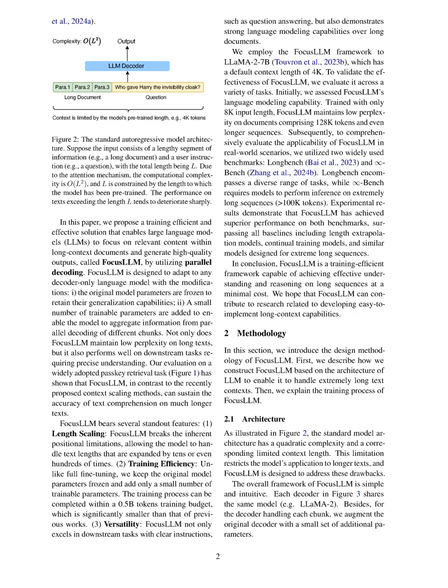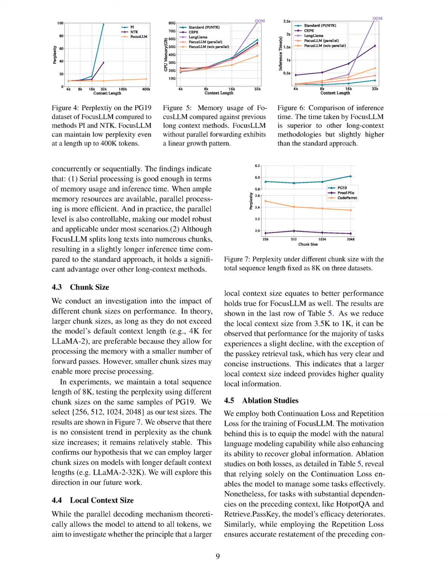The paper identifies several limitations of FocusLLM that could impact its real-world applications. Firstly, while FocusLLM maintains low perplexity and performs well on downstream tasks, it still relies on a limited number of trainable parameters, which may restrict its adaptability to highly specialized tasks requiring extensive fine-tuning. Secondly, the model's performance can vary with different chunk sizes, and while larger chunks are generally preferable, they may not consistently yield better results, indicating a potential trade-off in processing efficiency.